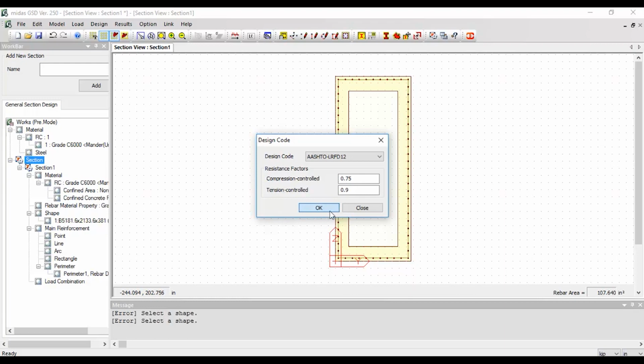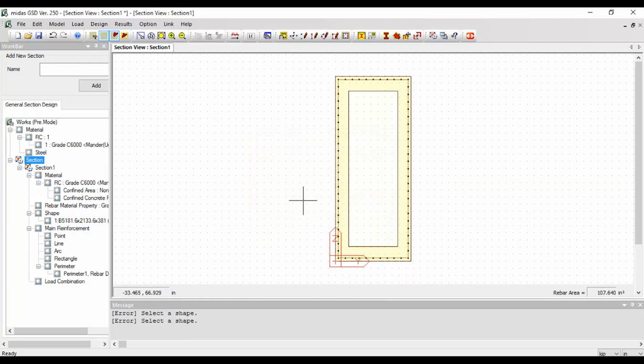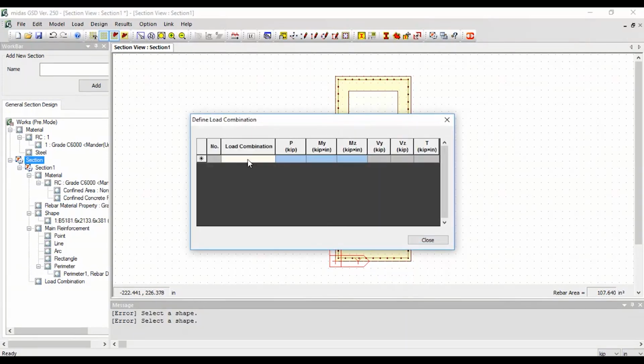They come automatically. You can modify these factors, and then from there I'm going to assign or define the load combinations. So let me just define them manually here. You can copy and paste from an Excel sheet, but in this case I'm just going to assign just some of them. You can define these load combinations manually, as you can see here. I'm just going to define 2 just for the sake of time,